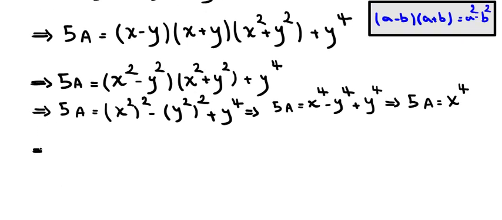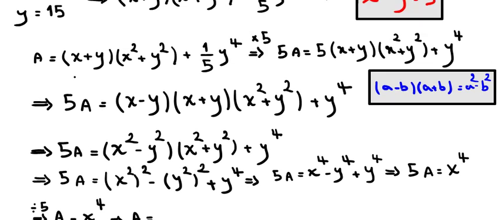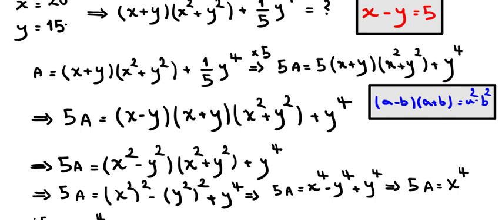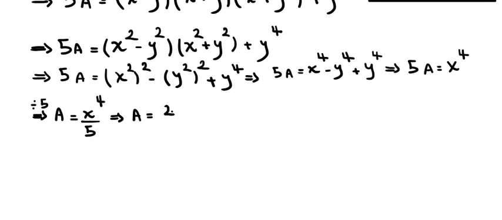Now we divide both sides by 5 because we want the amount of a. Therefore we have x power 4 over 5. And now we can calculate the final amount of this expression for a. We know x equals 20. Therefore 20 power 4 over 5